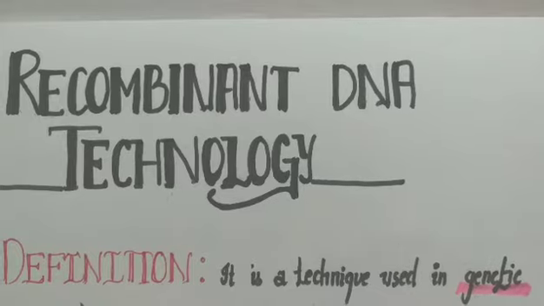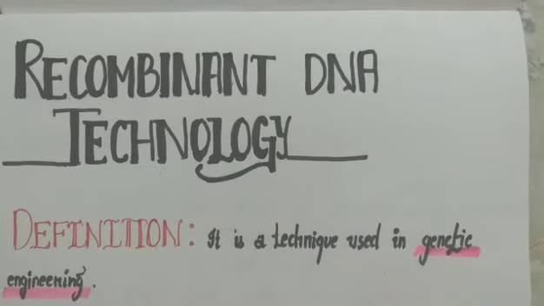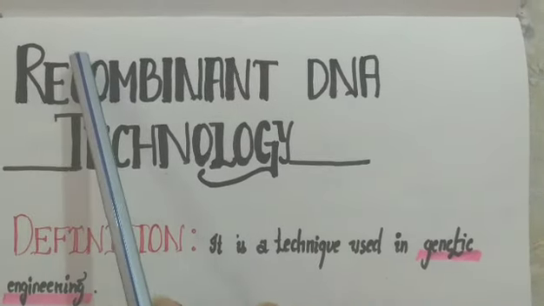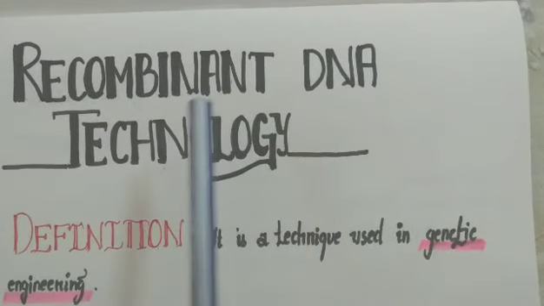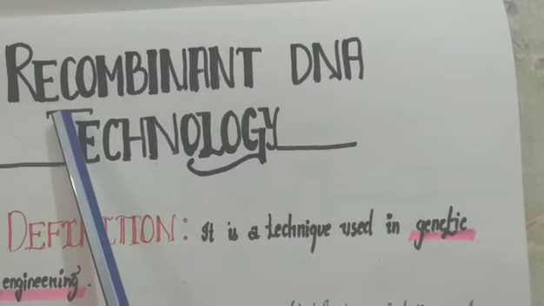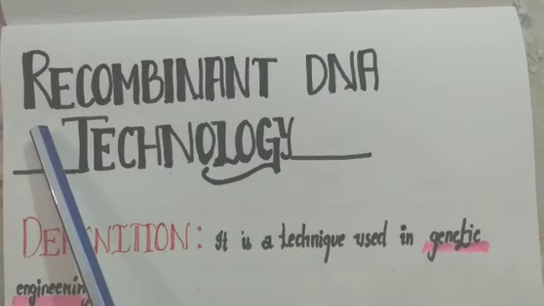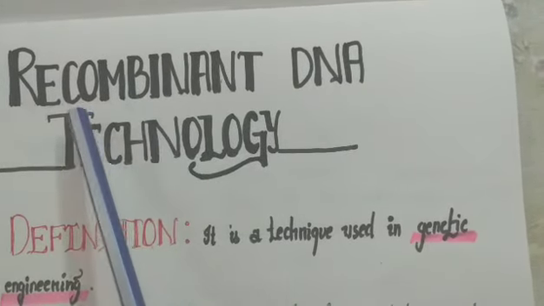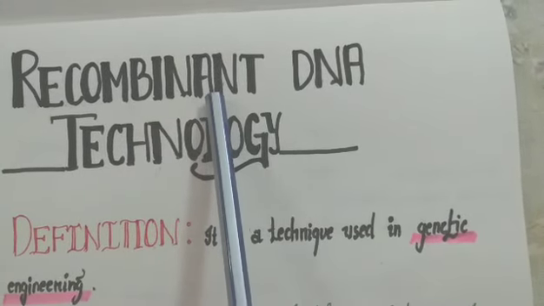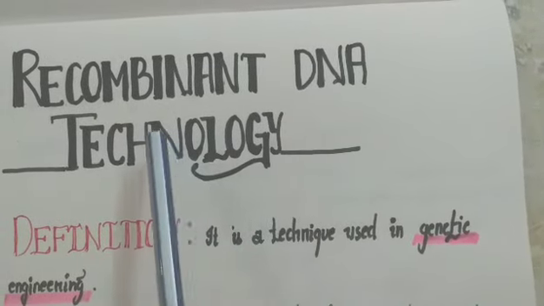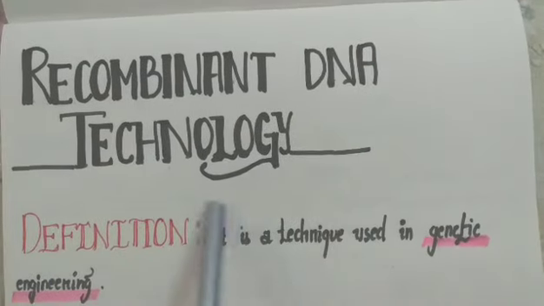The topic that we are going to cover today is recombinant DNA technology. Before entering into the topic, I would first like to clarify what recombinant DNA technology is. Recombinant means combination again. Re means again, and combinant comes from the word combination, and combination means joining. So, rejoining DNA, and this is done by a technology which we are going to discuss now.